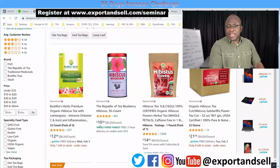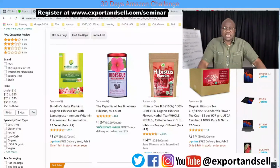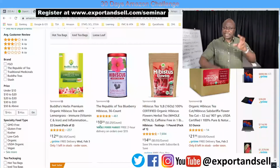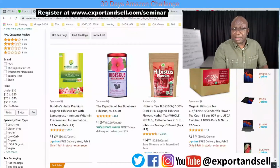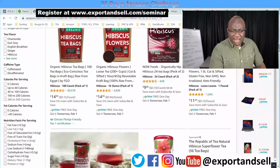So hibiscus tea, hibiscus is abundant in Kano. It's abundant in the north. They scoop it in bags. What are you waiting for? And processing these things is not that difficult. It's just a matter of drying it at certain temperatures and stuff like that. You put it in tea bags and you have a product that is selling. Thousands of people, look at the various purchases. This one, 237 reviews, that's about 23,700 purchases. Look at this one, hibiscus flower,